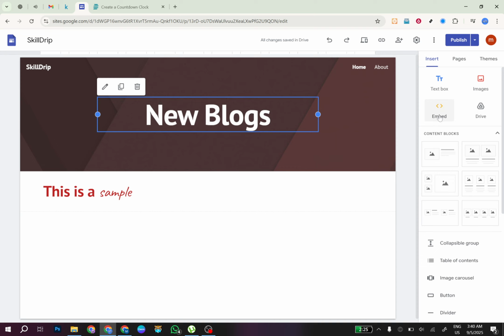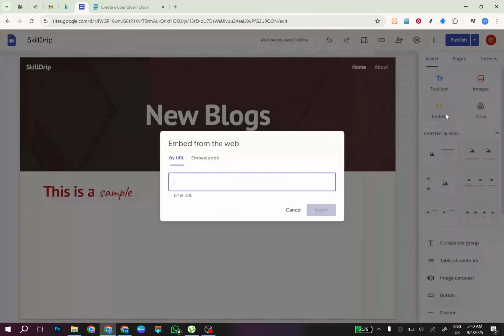Now, take a look at the menu on the right on your editing screen. You'll notice a variety of options for enriching your site's design and function. From this panel, click on the Embed option. It may not seem evident at first, but this is the gateway to adding more dynamic content, including countdown timers,